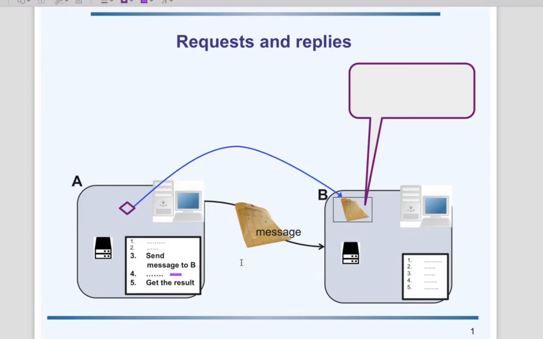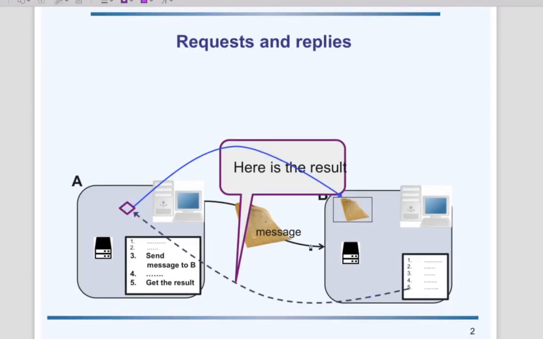And in that case, you might want to tie it closely the reply to the request, not as another message, but as a specific entity. This is what a future is. A future is an empty object that represents the future reply that will be given by B. So how does this work? When B will deal with the message, he will produce a result, and at this point in time, the result will fill this empty object, and now the empty object will be filled. We say that the future is fulfilled.